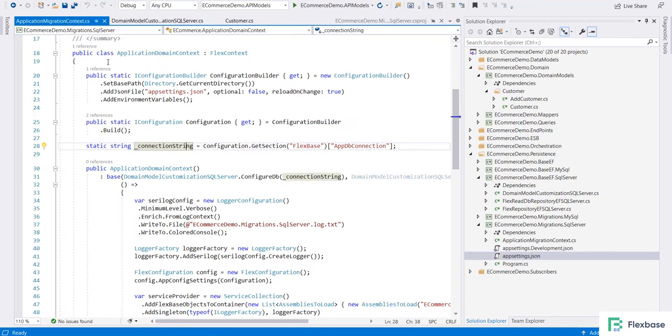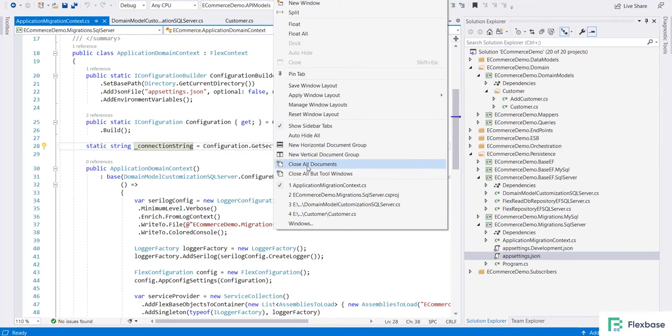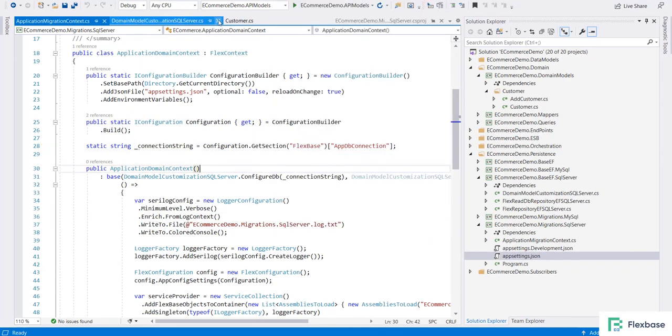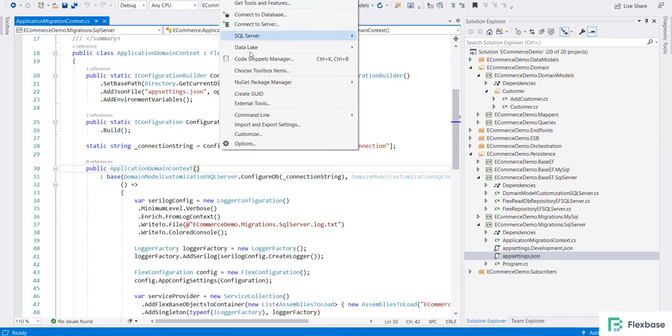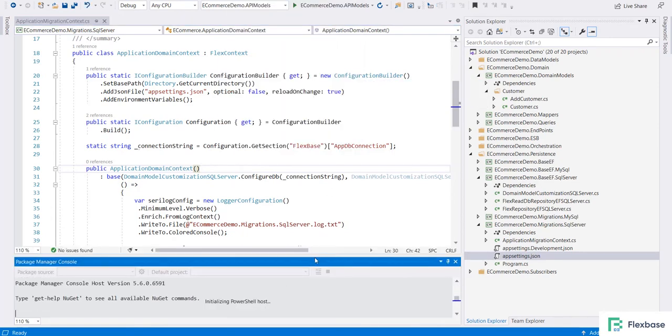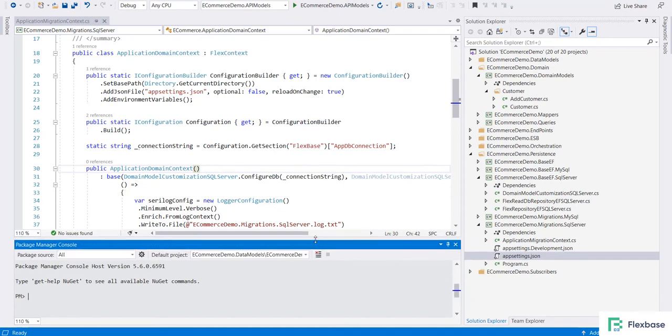So the first thing that we do is, let's close all the windows. Now let's go to the tools. You get package manager console. If you have worked on Entity Framework Core earlier, you know this is the place where we create your migration file.